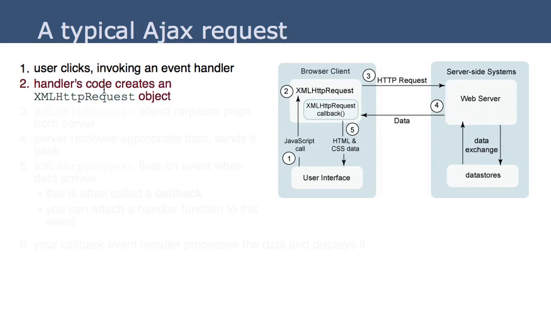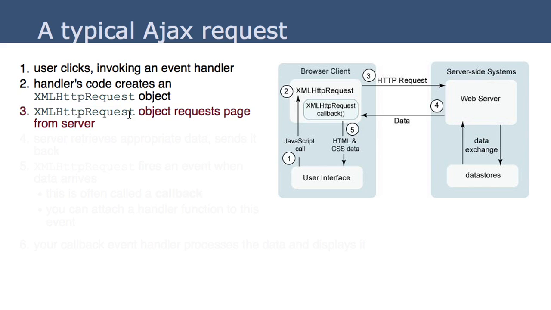That's a typical abbreviation for it. The XHR object makes a request to the server. It submits data. It asks for information. Basically, it creates a request just as if we had opened a new tab and typed a particular URL into the browser. It makes that request, fetches the data, and then once that data has come back from the server,